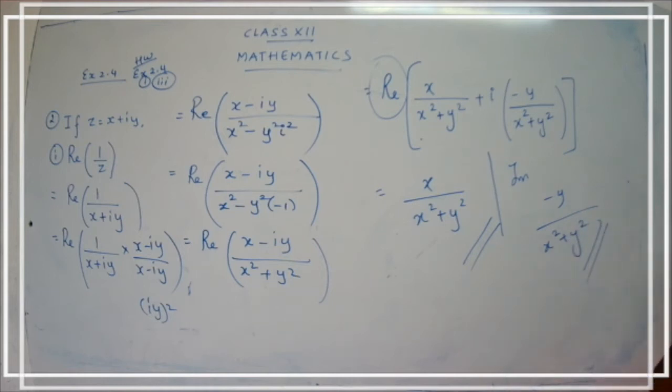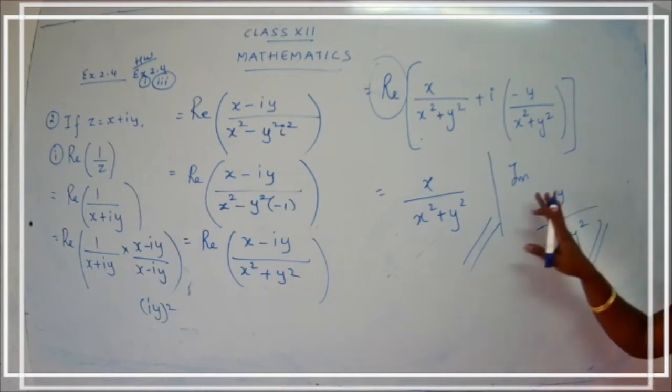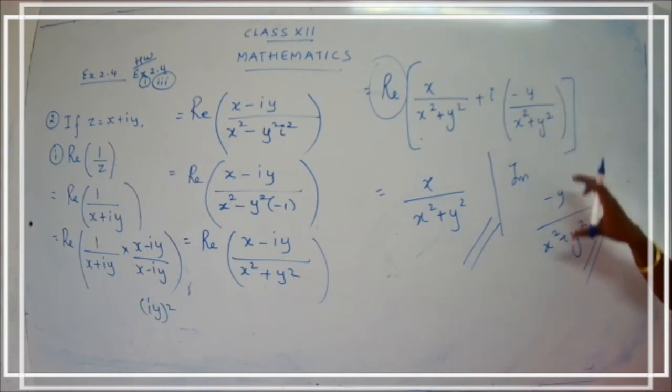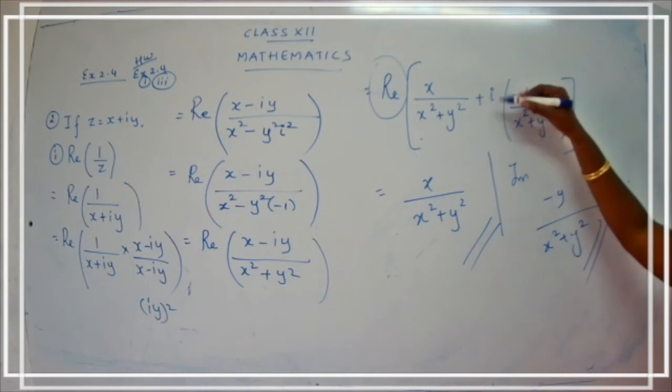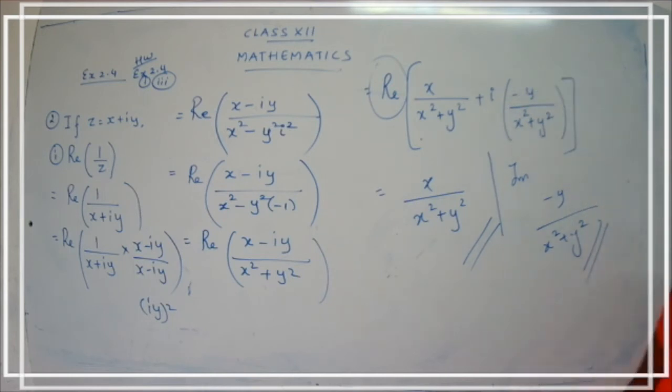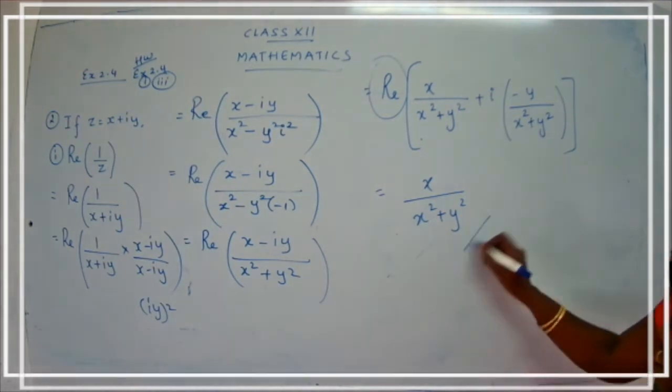According to the question, they may change the question, they may ask the question for application, so you have to be thorough. So imaginary means you have to write only the imaginary part, that is the term or the numbers with the i. Clear, children? I hope you are clear. Good. So complete your sum number 2. The first part is done.